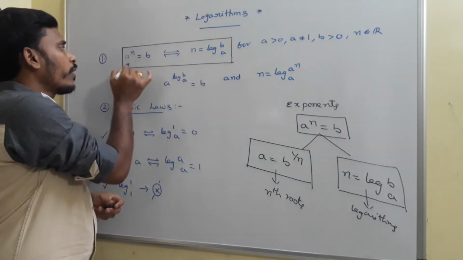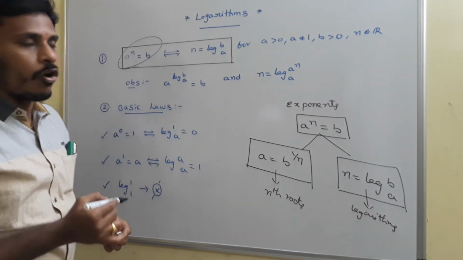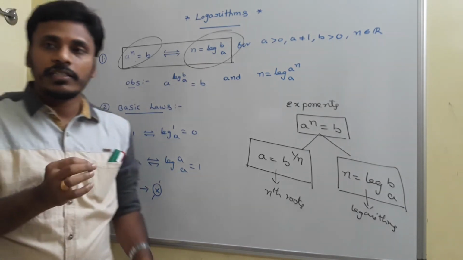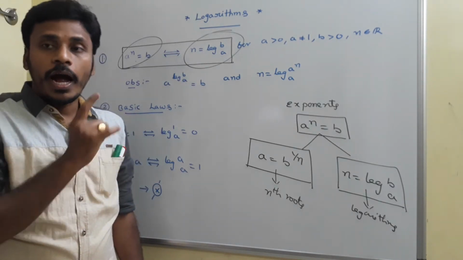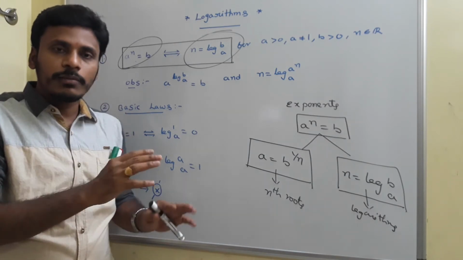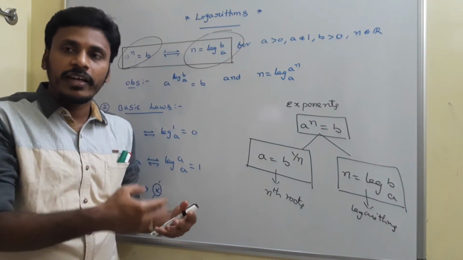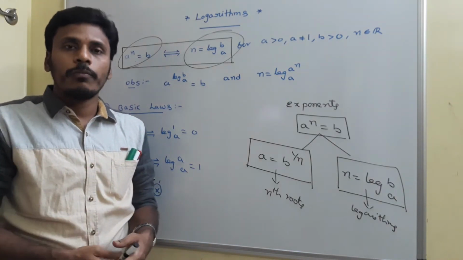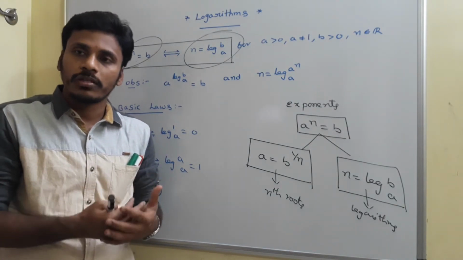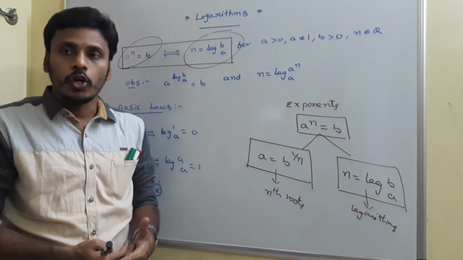And among these two, a power n is equal to b is called the exponential form, whereas n is equal to logarithm of b base a is called the logarithmic form. While converting from exponents to logarithms, since logarithms are nothing but a restatement of the exponent, another notation for the exponents, in logarithms, if you are going to establish any new formulas, new laws, new logic, you always need to get support from the exponents. So see,